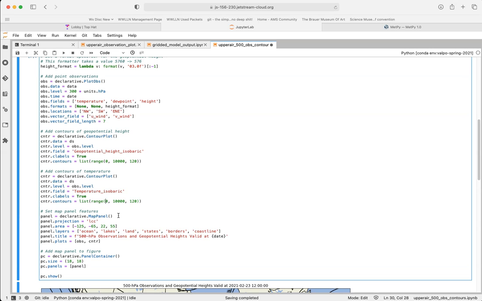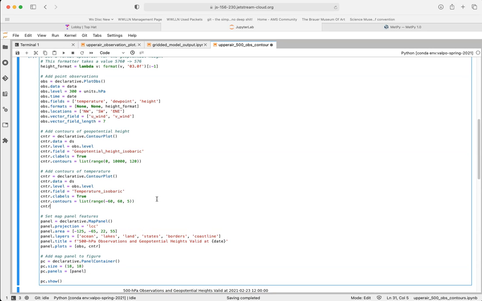And then we would need to change our range here. We're going to go minus 60 to 60 by 5. And then I need to change my units, contour.plot_units equals degC,